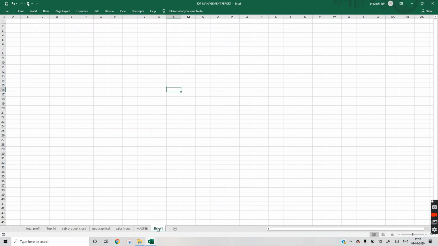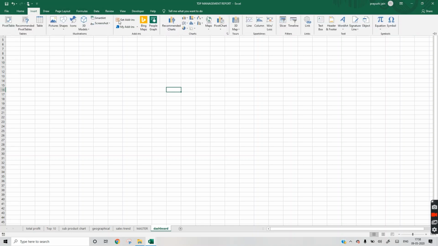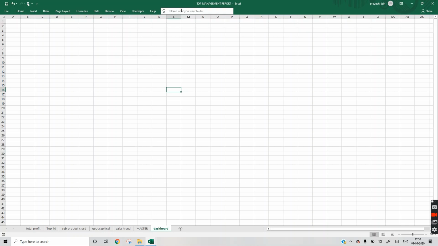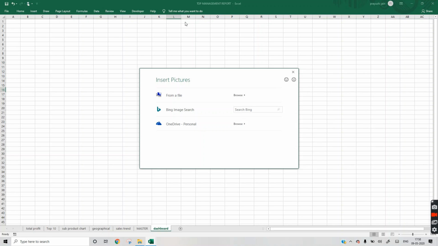Now we will go to a new sheet and create the dashboard. First we need to insert one proper background. Select this, Tell me what to do, and select Choose Background. Now you can also search from your desktop or somewhere, and you can also search online.